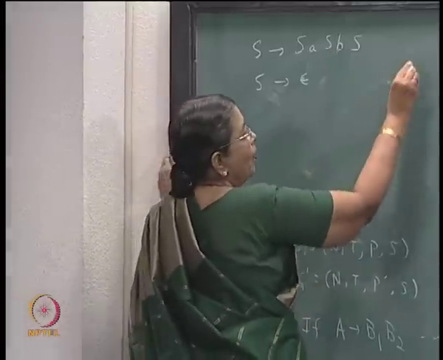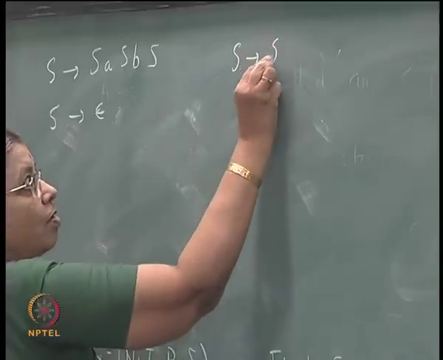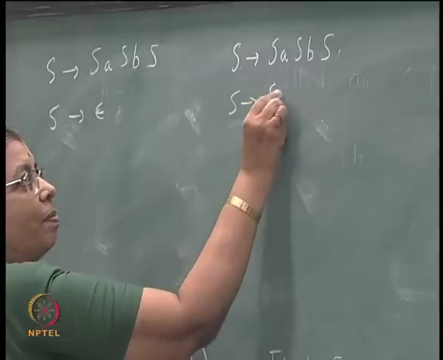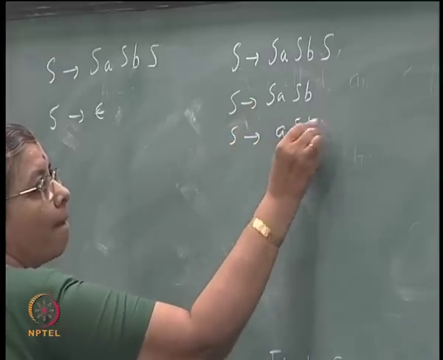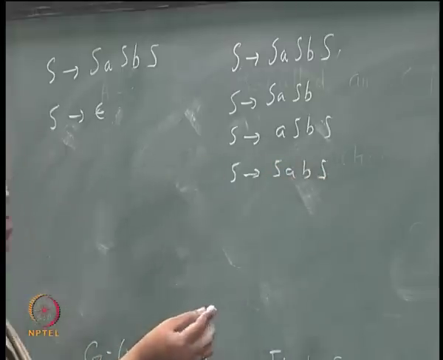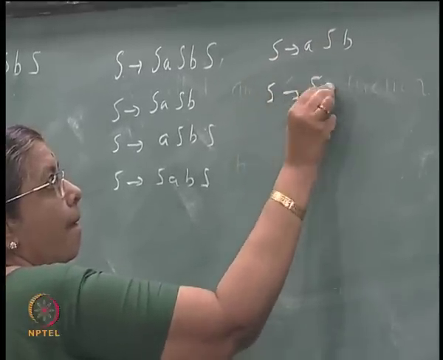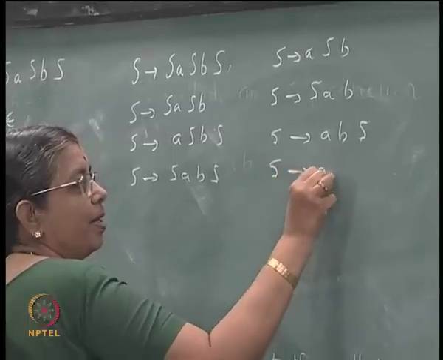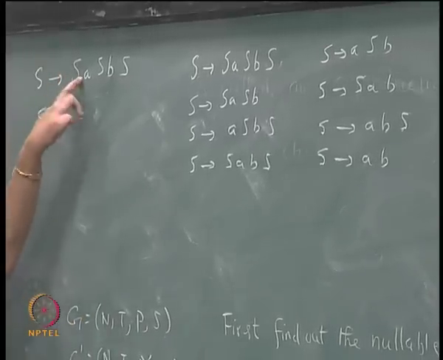For this rule, S is a nullable non-terminal. So, for this rule, how many rules will you have? Each S can be present or not present. So, you will have S goes to SA, SBS, all present. Then 2 of them can be present, 1 need not be present. Two of them may be absent. And all of them may be absent.